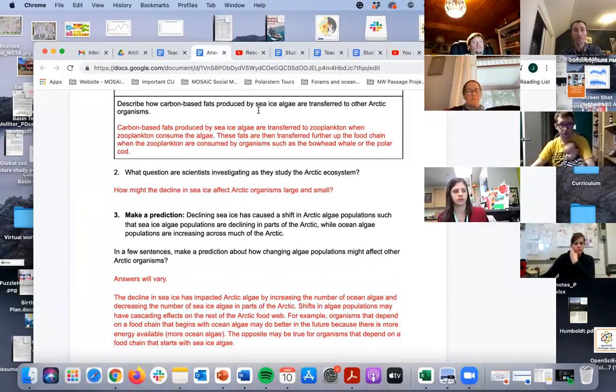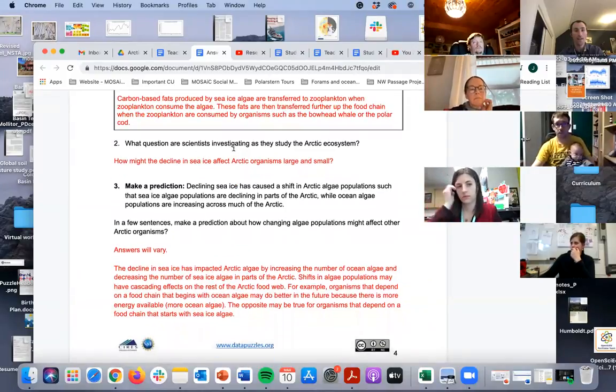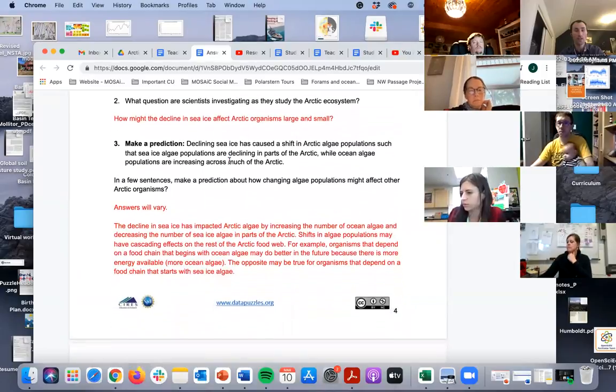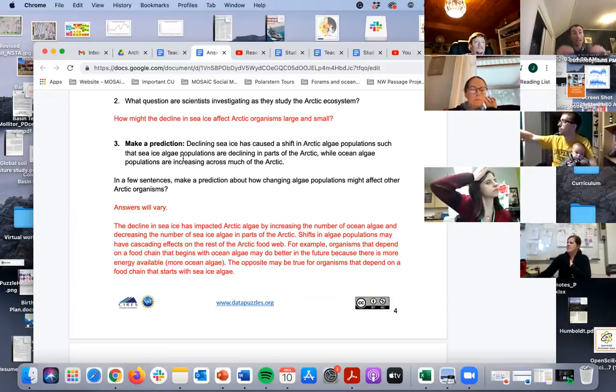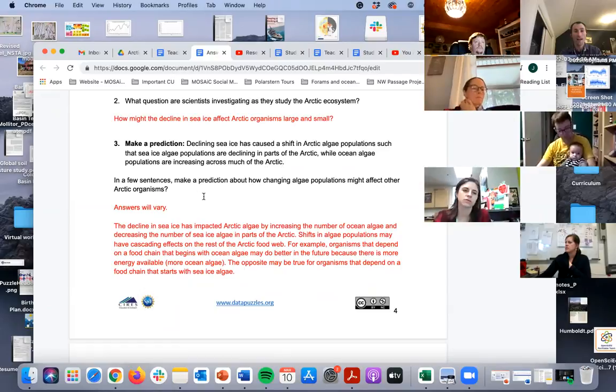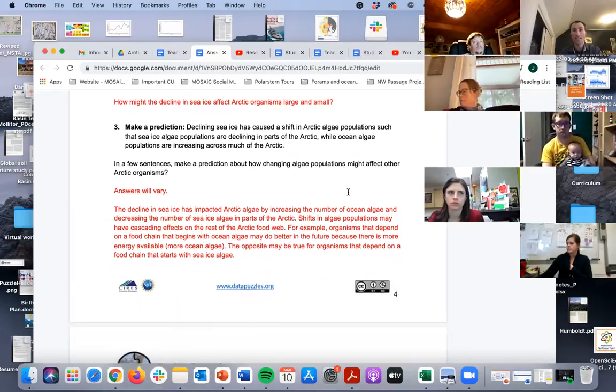They're going to describe how those carbon-based fats could be transferred to other organisms, identify this investigative question, and then make a prediction about the investigative question. So we tried to really help students here make sure it's clear that declining sea ice is changing algae populations. And how might those changes in algae populations affect other organisms, right? And so having students identify a question, make a prediction, and then we're going to go into that data analysis